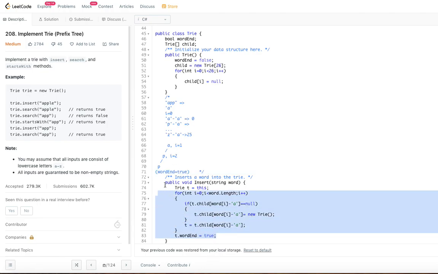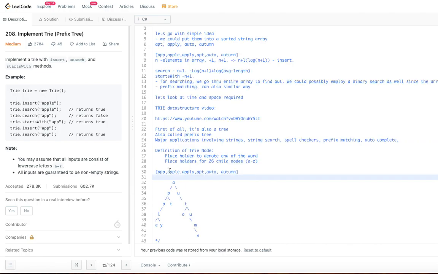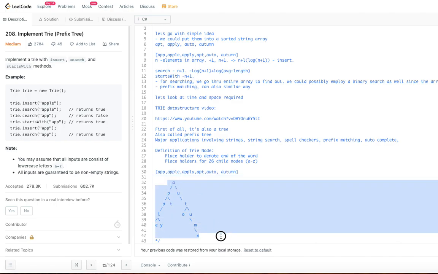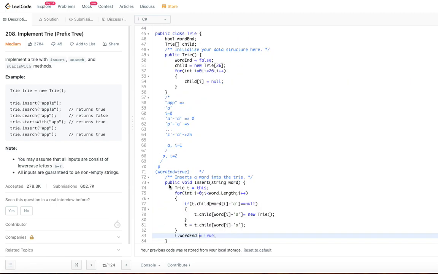So this is how we complete the insertion of the nodes and come up with the tree which I have shown above. This is the tree that I have converted, except that I did not mark the word ends. You need to add them if you're writing on a piece of paper or something like that. So that's how the insert function is going to work.